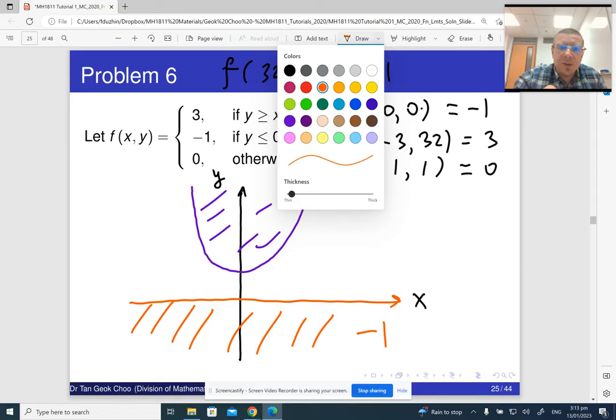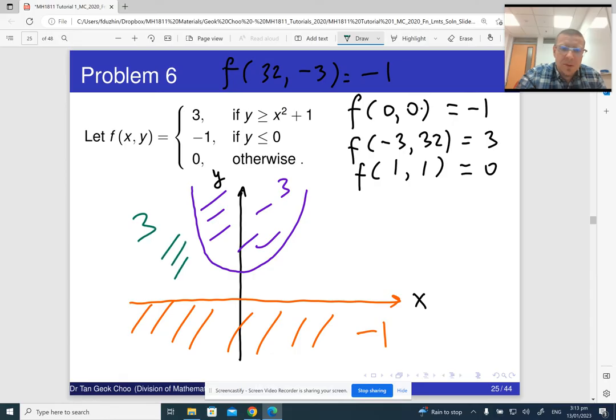And in between these two regions, the value of my function is... no, sorry, it's not 3. It's 0, it's 0. It doesn't make sense, sorry. It is 0. Yeah, okay. All right, now